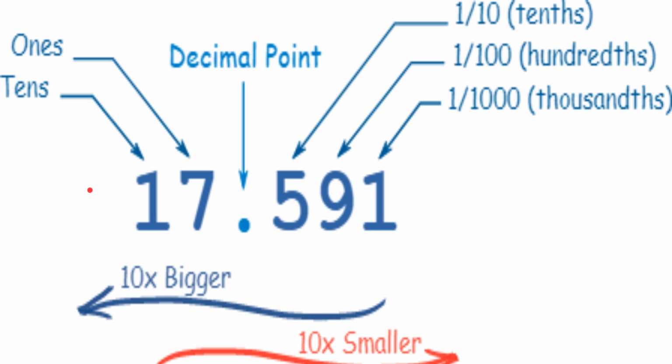So as a whole number will have more value to its left, that is a bigger one, and the fractional part will have smaller value, right? Divide by 10, divide by 100, divide by 1000, so on and so forth, right? As we go to the right, we get smaller and smaller numbers.